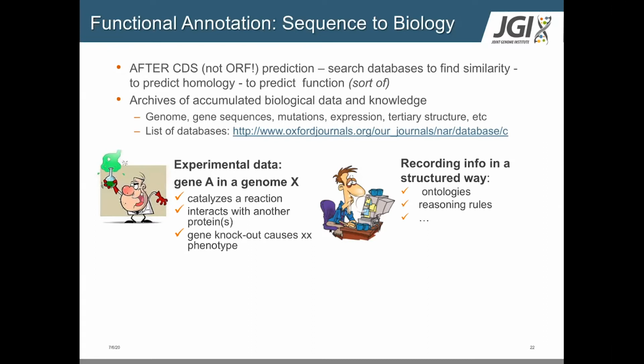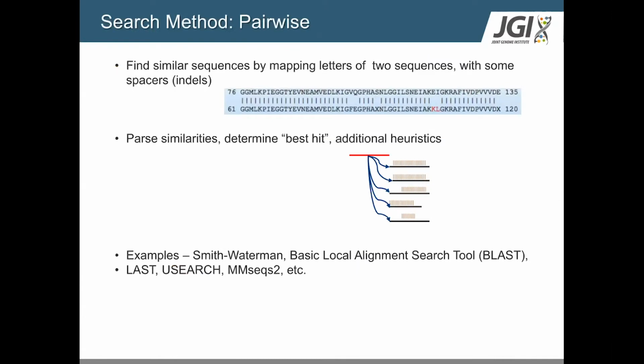And so there are many, many archives of databases, and you've heard about a lot of them today. So I'm going to skip this part. It's just talking about how you have bioinformatics curators around the world sitting around and trying to record information from publications in a structured way that can be represented in a database and that we can then use to do our comparisons. Searching these databases, there are two general methods.